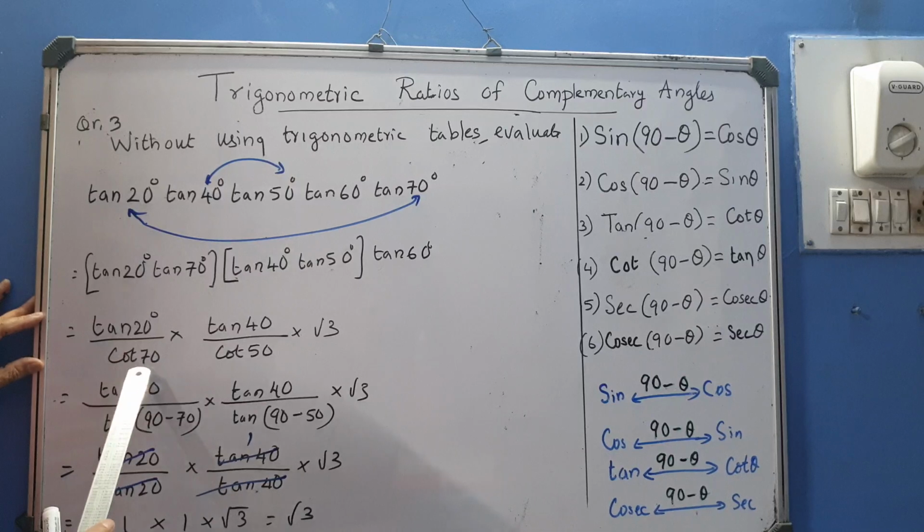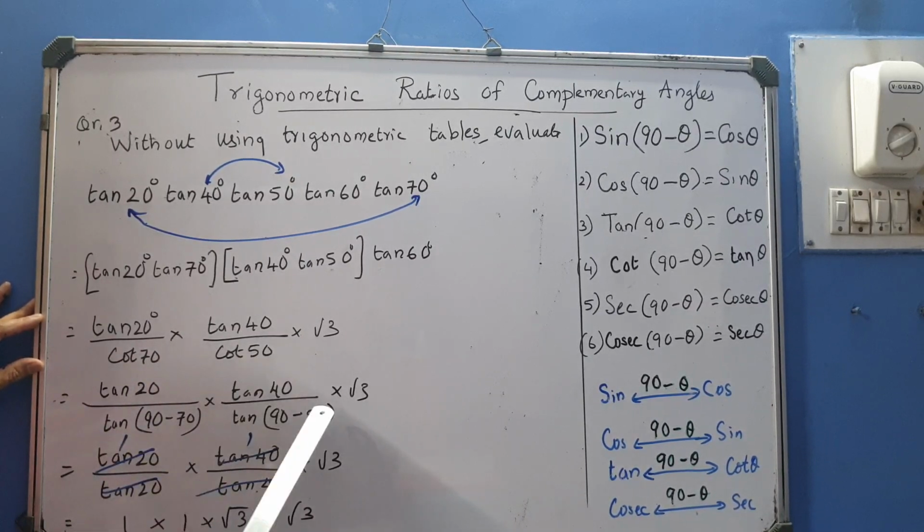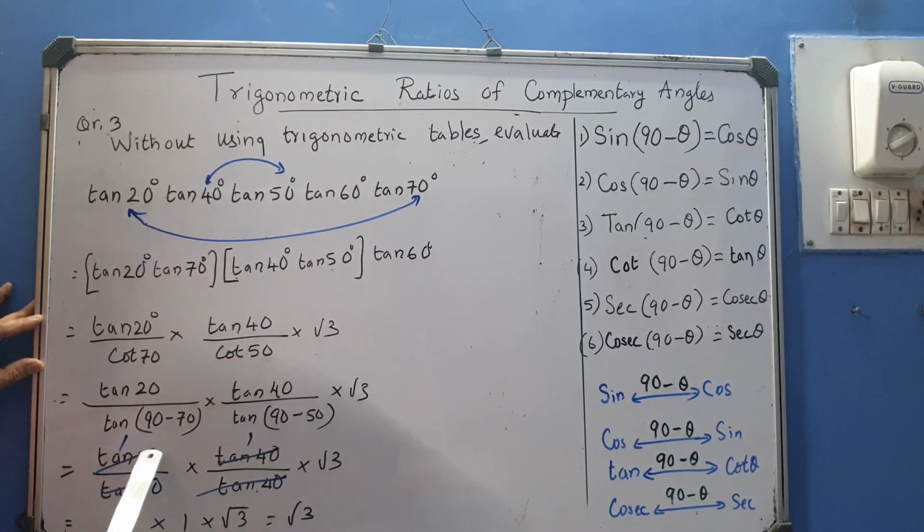Now change into the complement any one of either the numerator or denominator. I change the denominator, 90 minus 70. In that case, cot is becoming tan. 90 minus 70, cot becomes tan. Here 90 minus 50, when you are doing it, cot becomes tan, into root 3. So that is tan 20, and 90 minus 70 gives you 20. So tan 20 by tan 20 cancels, giving 1. Then tan 40, 90 minus 50 gives you 40. So they cancel, giving you 1. So 1 into 1 into root 3. So it is root 3.